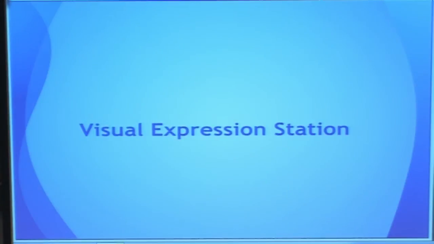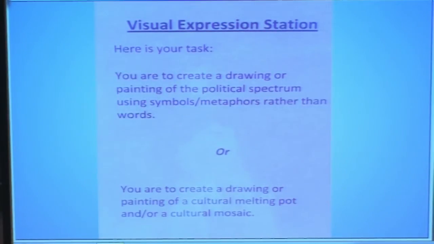The second station that I use is a visual expression station. I have a lot of really artistic students in my class. They're visual learners. This is the prompt that I provide my students with at the visual expression station. So again, you are to create a drawing or a painting of the political spectrum using symbols and metaphors rather